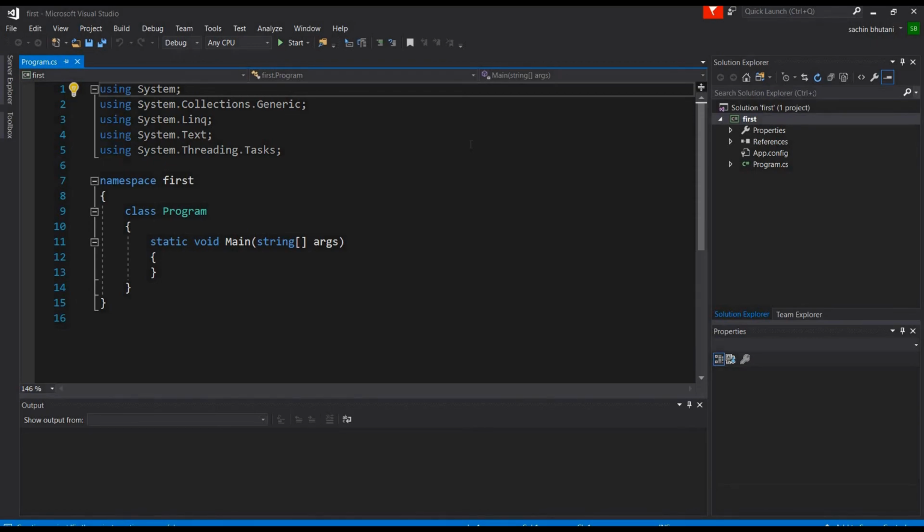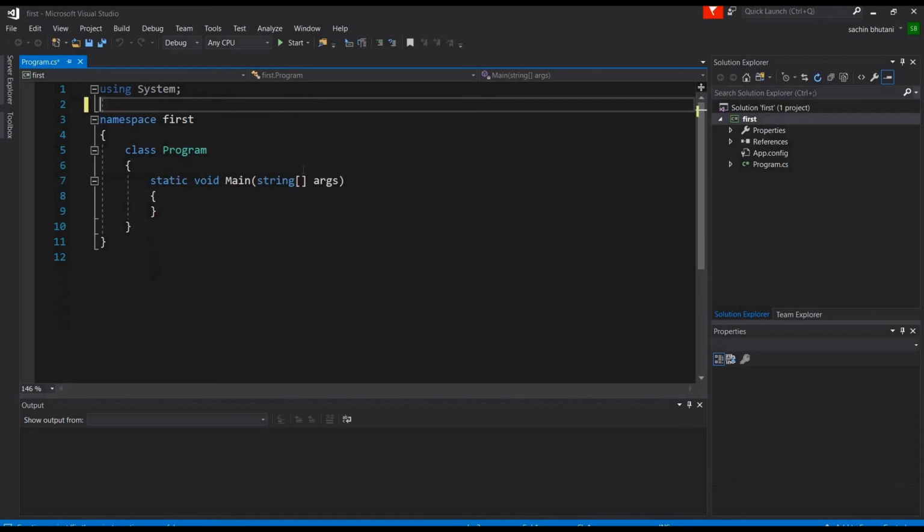and whenever we create a new file, we'll get some code already written. All these lines starting with the word using are called namespaces, and these are all predefined namespaces which we do not need all of them, so I'll remove them. And we also get a class. This is the class,